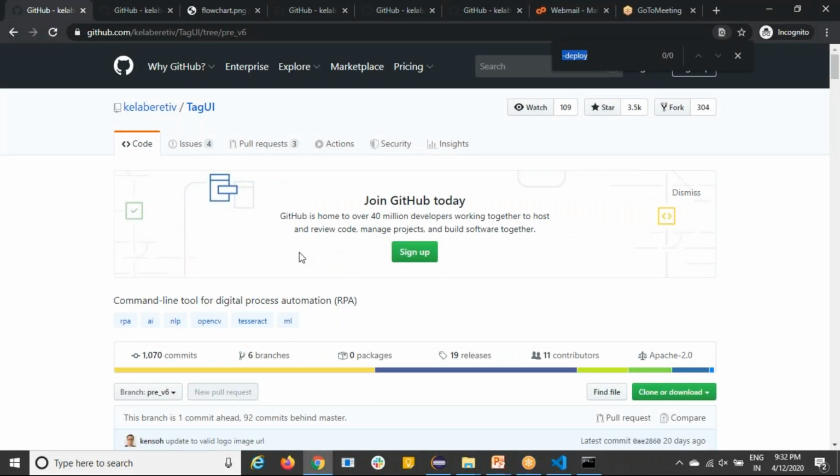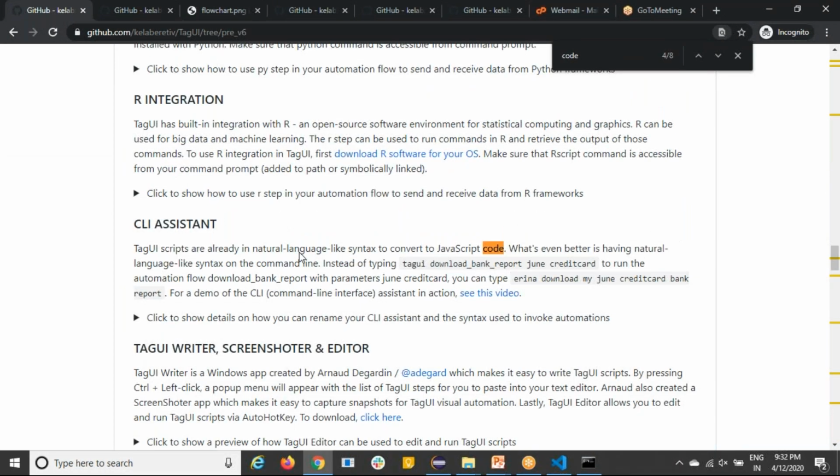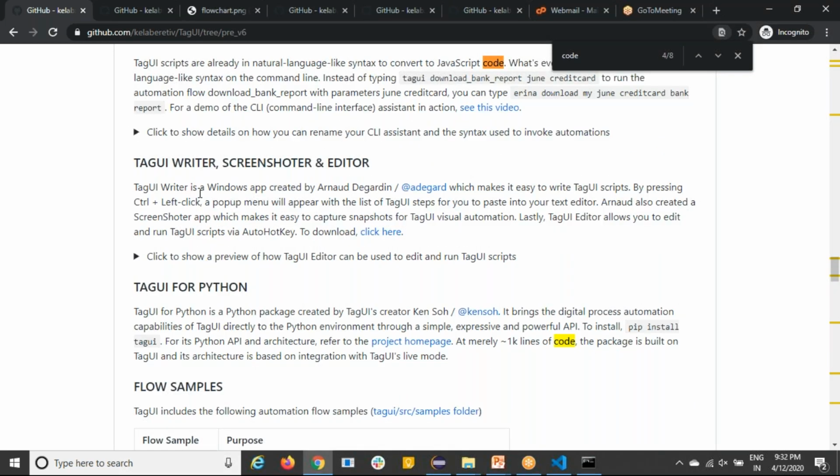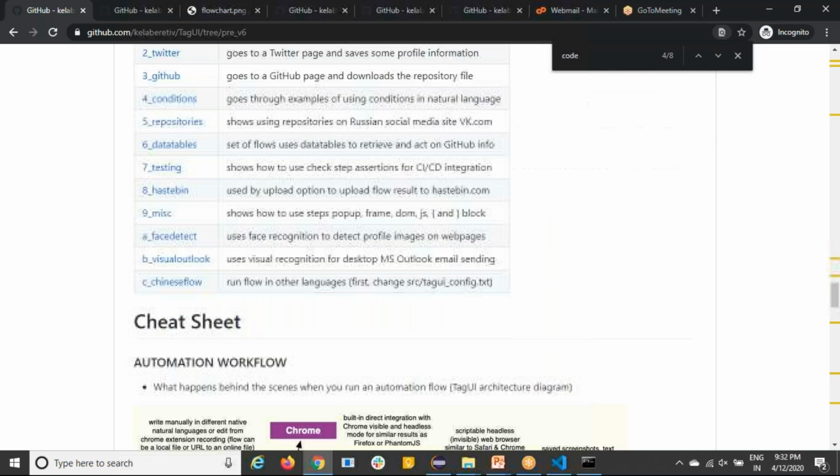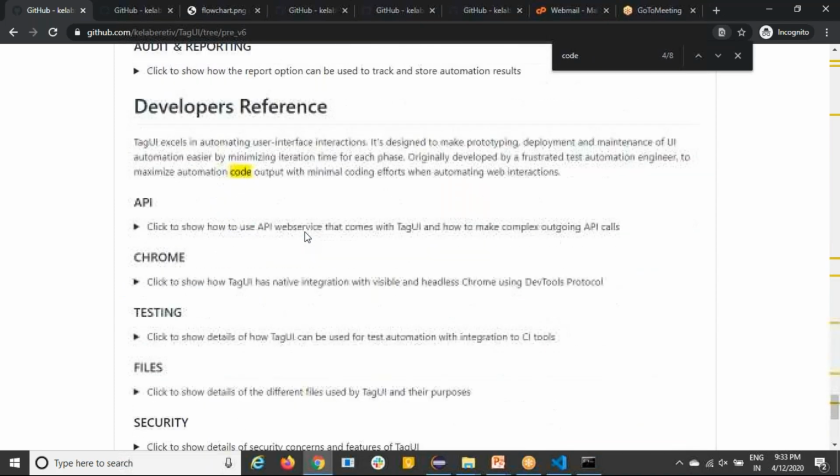So if you just type code, okay, so you can see TagUI scripts are in natural language like syntax and it will convert into JavaScript code. And now they also have their own editor. So I don't have enough time, otherwise I could have shown you the editor part as well. And if you come back here,